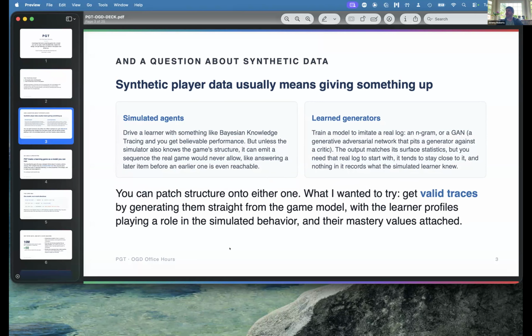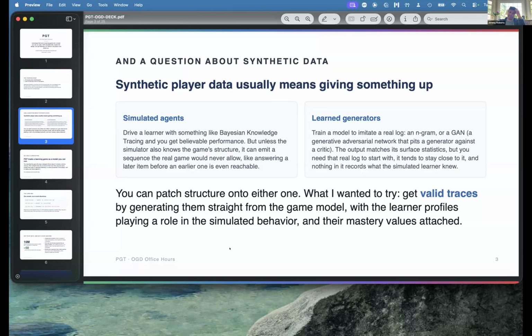If you simulate an agent, depending on how you approach it, there are some drawbacks. It might statistically look like the trace data you get from real learners. But every time we experimented with it without the game structure somehow embedded within the simulation, we bumped into problems. Maybe it would look statistically valid, but it would show traces that weren't actually possible in the gameplay. So this is really about trying to make a more formal interaction space model that integrates with all the other pieces.